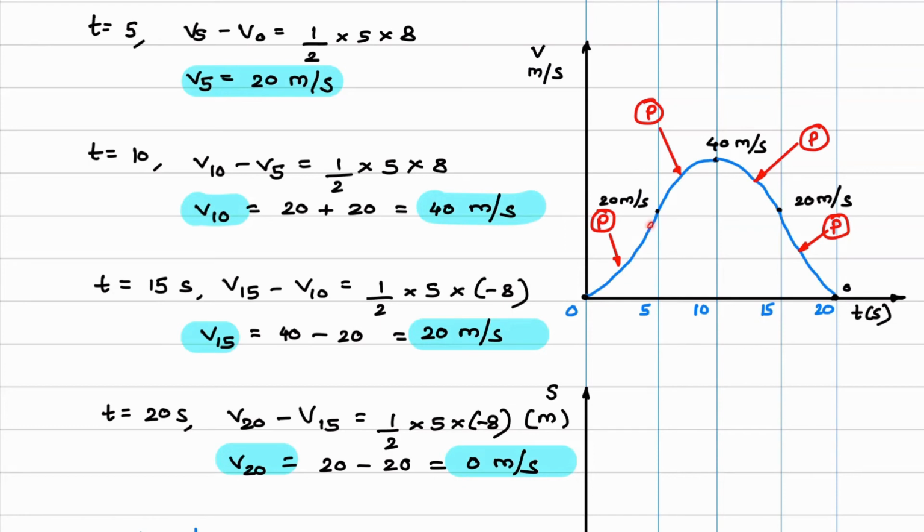So for this part, curve will be like this, and for this part also curve will be like this. It will be continuation. Then if you see this part, velocity is ds by dt. Velocity is decreasing, slope should decrease. Velocity is positive, slope should decrease in positive direction. So curve will be like this. In both the cases, curve will be like this. So we'll draw that, so it will be like this.